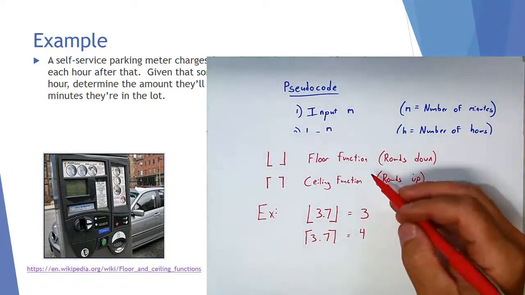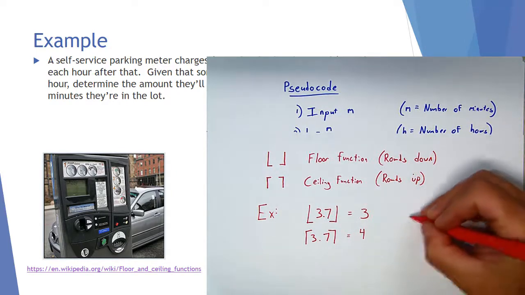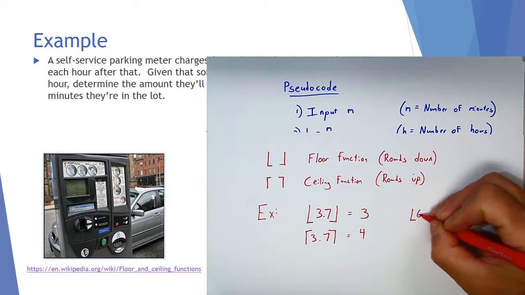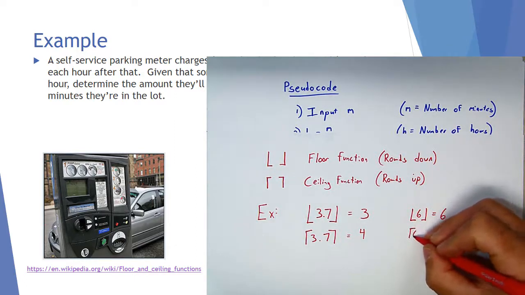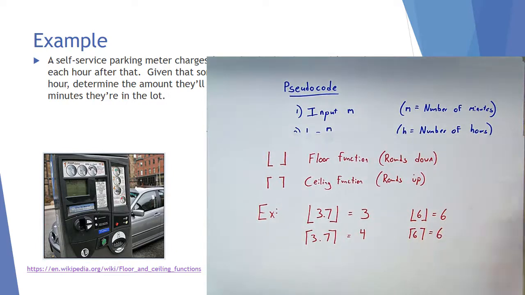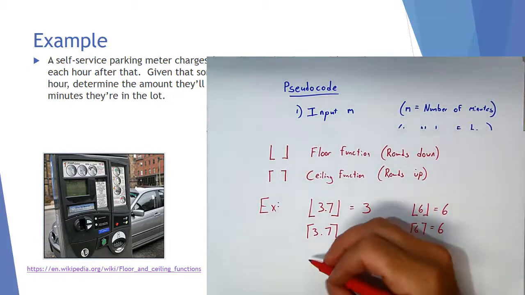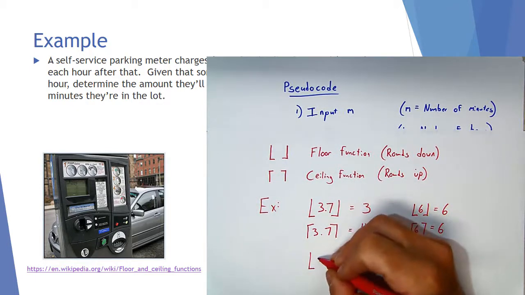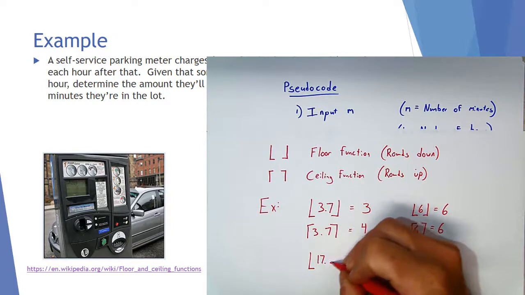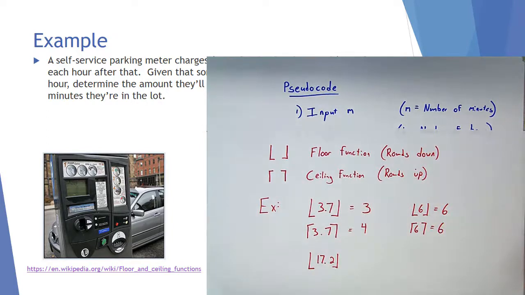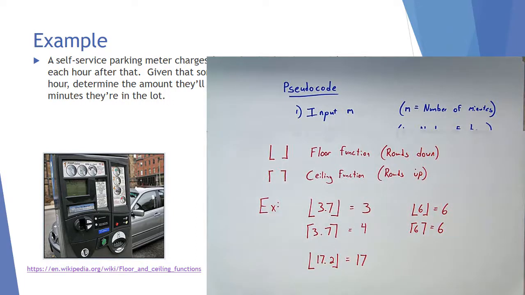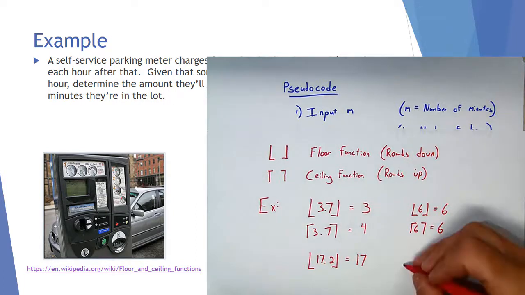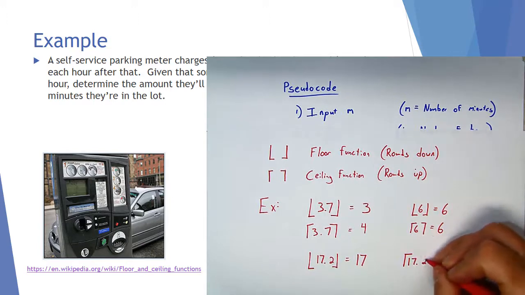If we apply these functions to an integer, it just stays the same. So for example, the floor function on the number 6 is 6. The ceiling function on the number 6 is also 6. Integers just remain unchanged. So to make sure you've got the concept on that, what would the floor function on 17.2 be? Well, hopefully you just recognize that if we round that down, the floor function on 17.2 is 17, whereas the ceiling function on 17.2 is